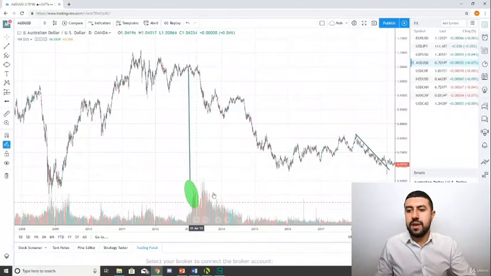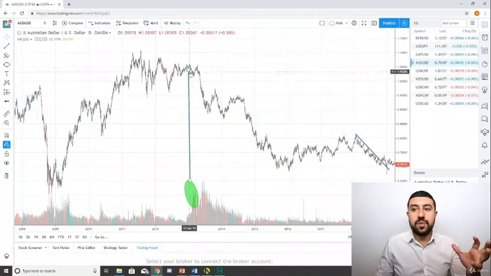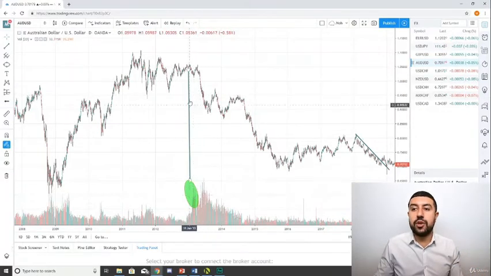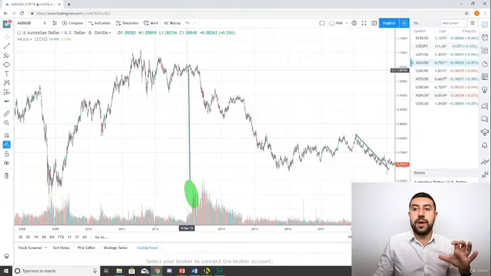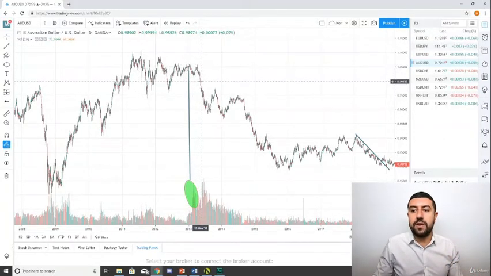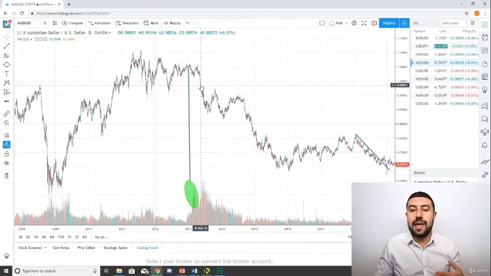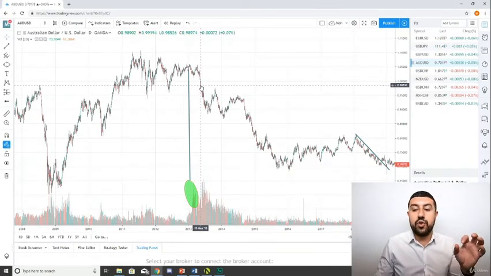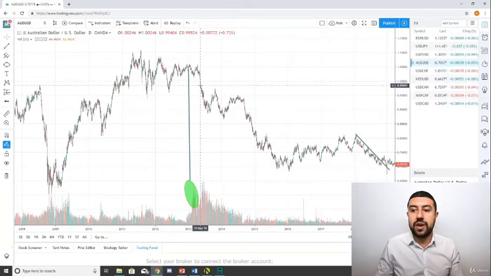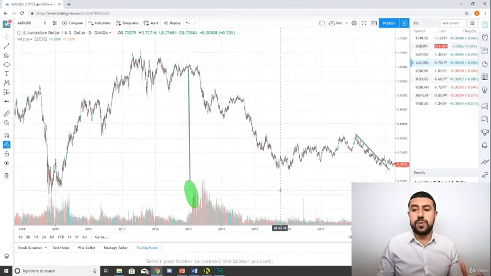Okay. And you can see that if you are looking at volume, that might give you warning that something might happen. And you see that volume's coming in, and you'll be like, okay, well, let me just step away and see what happens. And then when we broke down here with high volume, then you might say, okay, well, look, we're breaking down and there's high volume. I think that this is going to keep going in that direction, because it's not just a few people or a bit of money that's saying that. It's a lot of money that's saying we're going in that direction. And then you might take a trade in that direction. So volume helps pretty much.